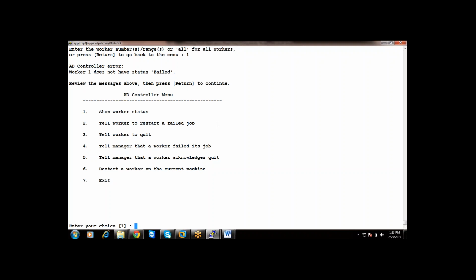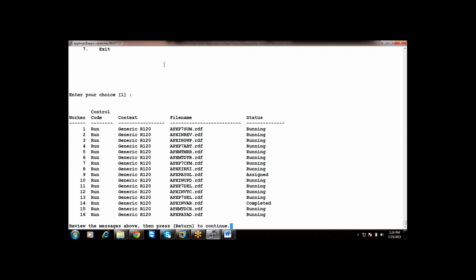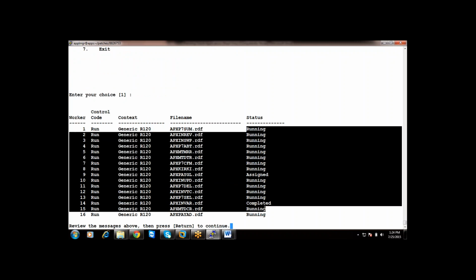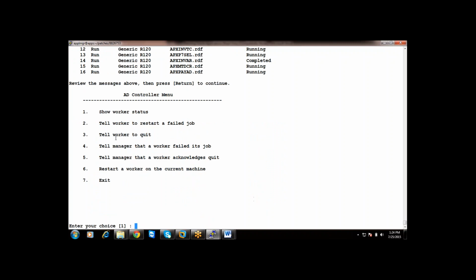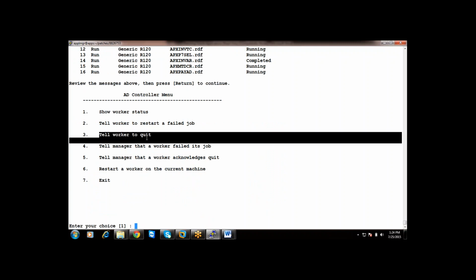So what it is telling is, if any job got failed and you want to tell the worker to restart the failed job, then you have to select tell worker to restart a failed job. But as of now, every status is running. Are you seeing any status as failed? No. So that's why it is throwing an AD controller error. Next, tell worker to quit. If you want to quit workers,